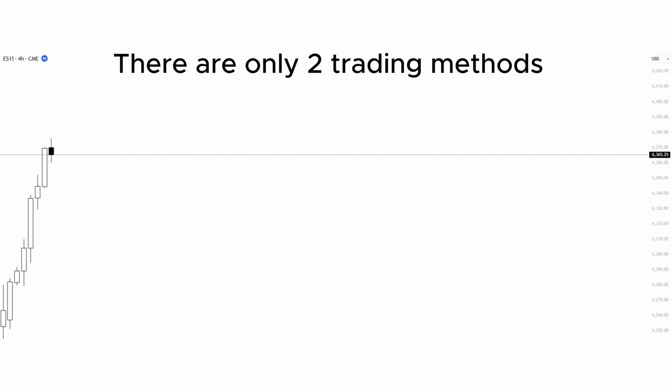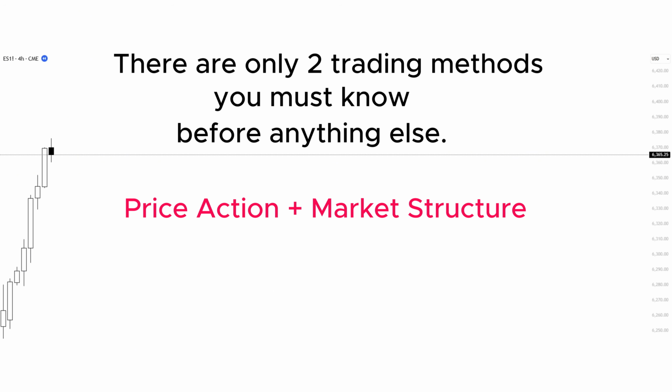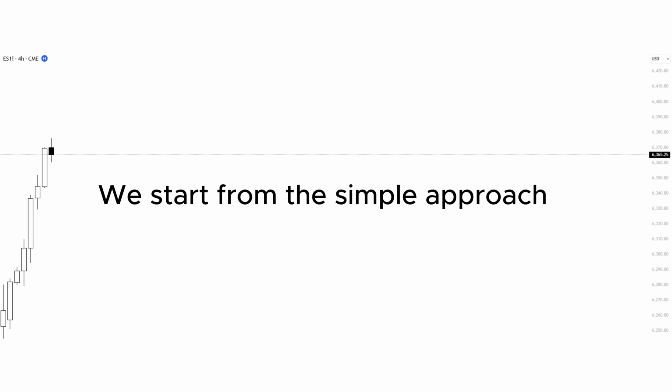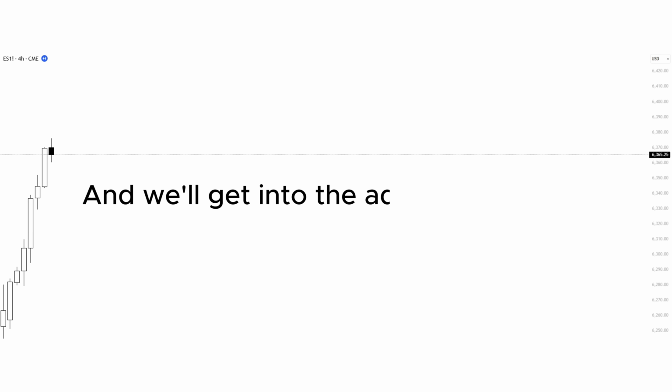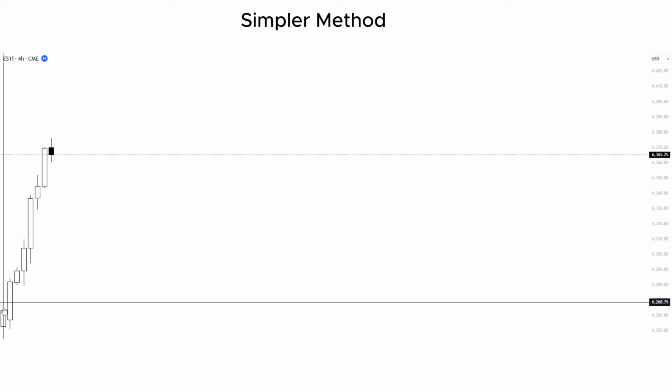There are only two trading methods that you must know before learning or doing anything else. They both combine concepts of price action and market structure. We start from the simplest method, and we'll get into the advanced later. In the simplest way, while having an uptrend, the market will often print this type of price action where we